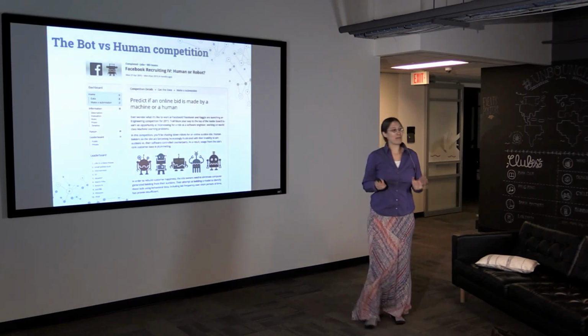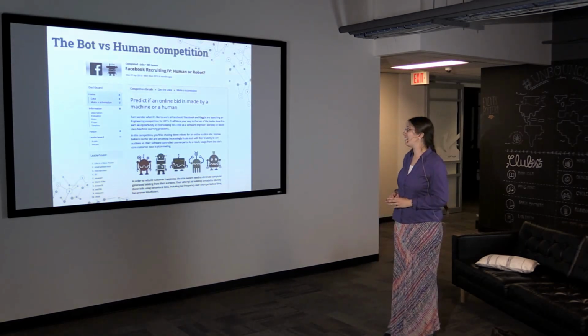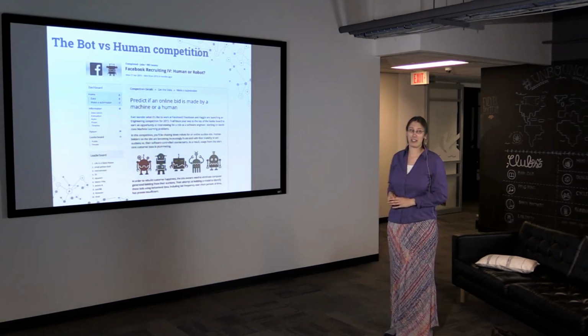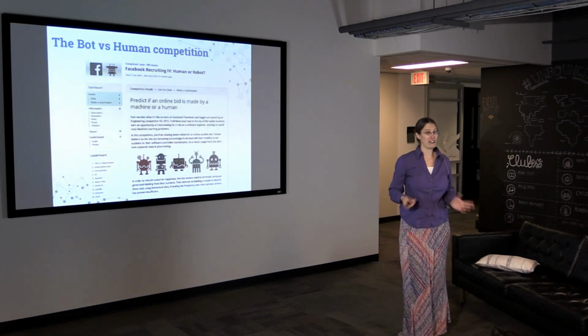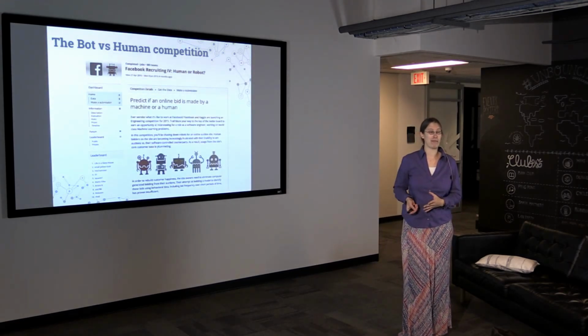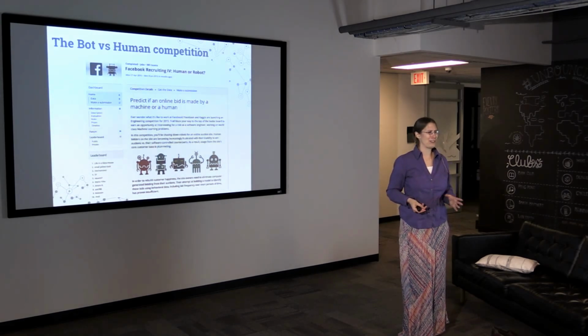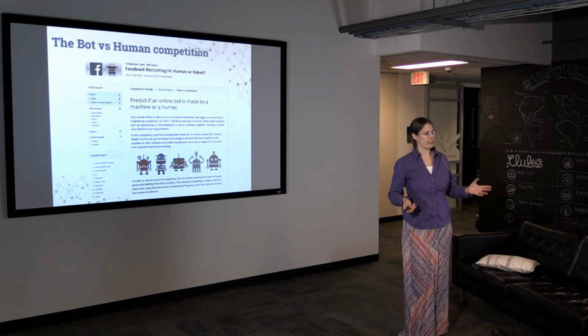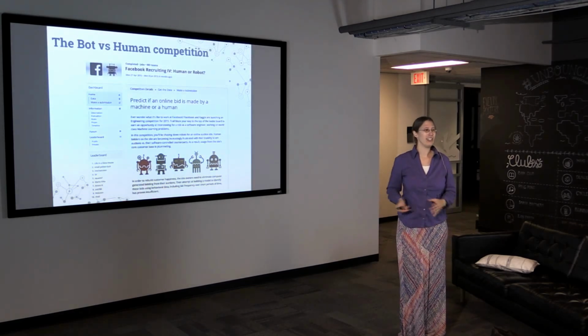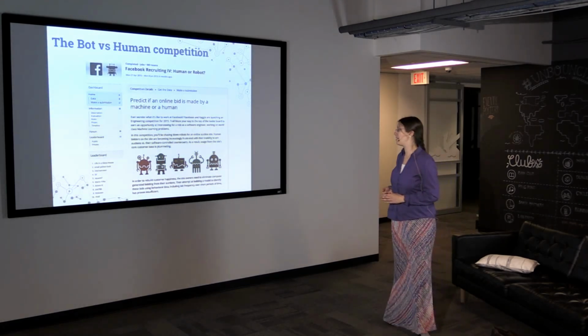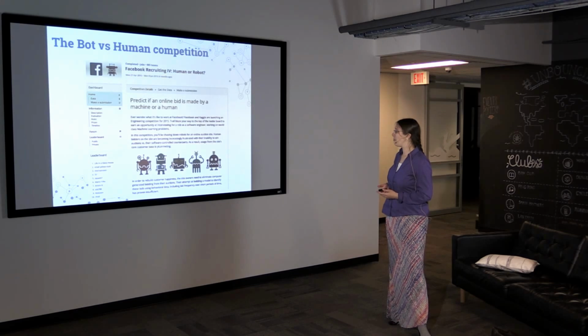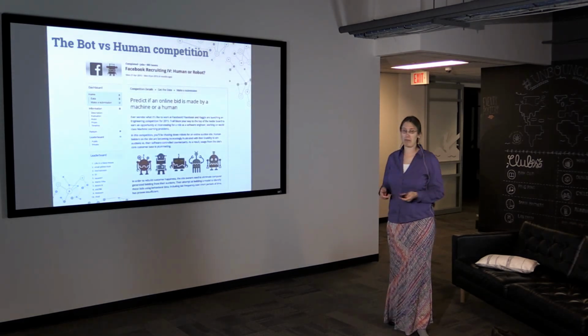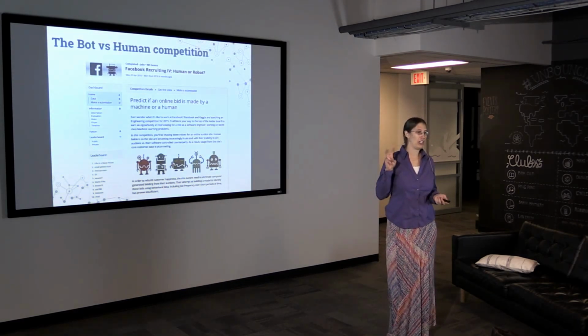Okay, so one of the problems that I actually did really well at was the bot versus human competition. So I'm going to talk a little bit about feature engineering and strategy with respect to this particular problem. Kaggle problems are all really different, so it's hard to generalize and say this is the strategy I always use for every single Kaggle problem and it never lets me down, because really every problem is a little bit different.